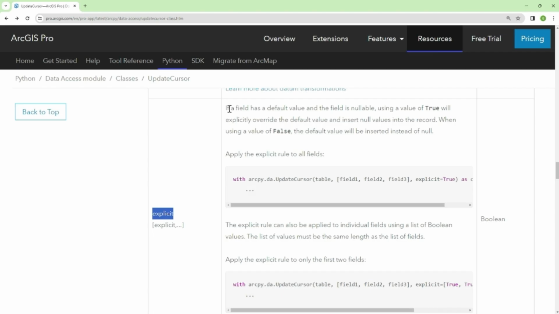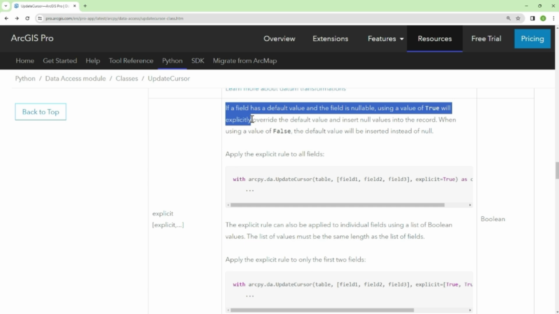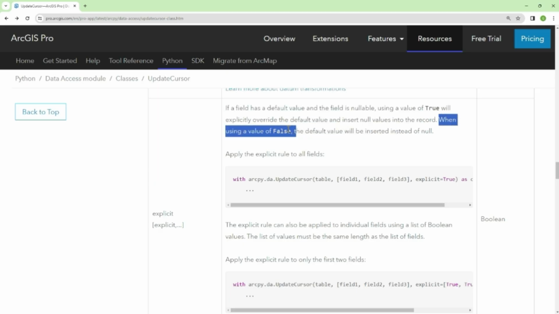We can see here if a field has a default value and the field is nullable, using the value of true will explicitly override the default value and insert null values into the record instead. When using a value of false, the default value will be inserted instead of null, and this is the default action. We can set explicit to true, meaning that explicit is set for every field that we have added to